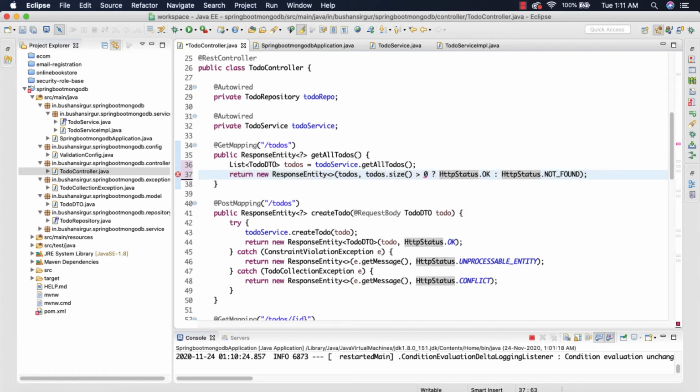Okay, this is like this. Let's save this. So now we have refactored the controller as well.